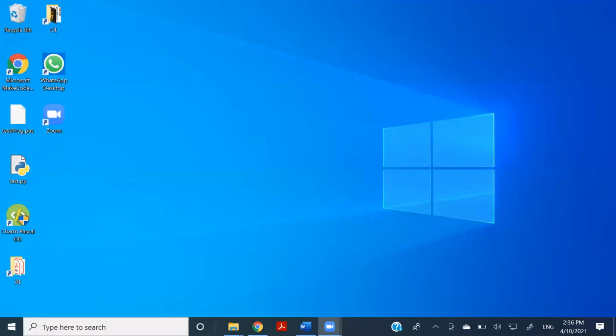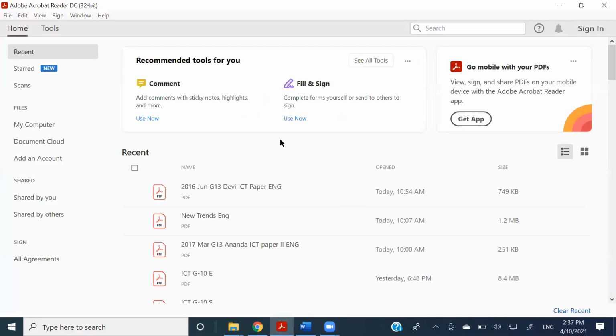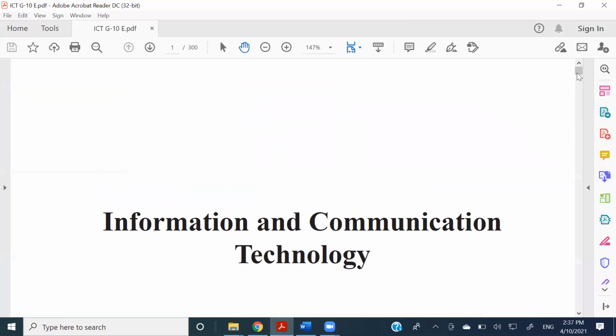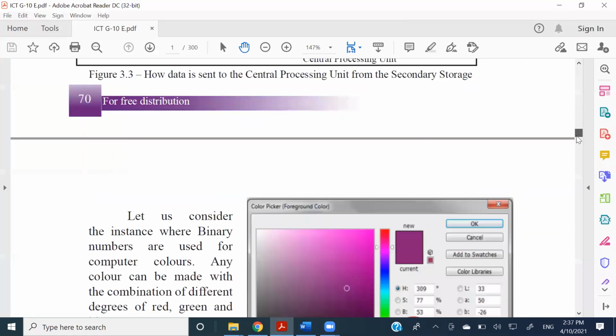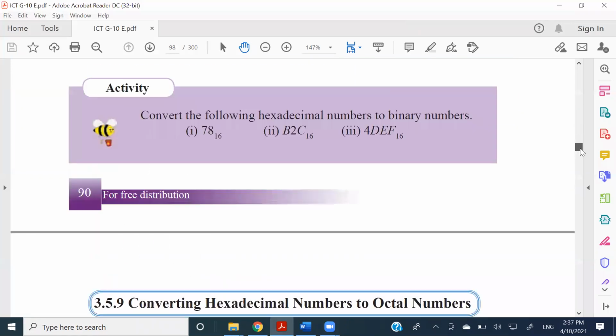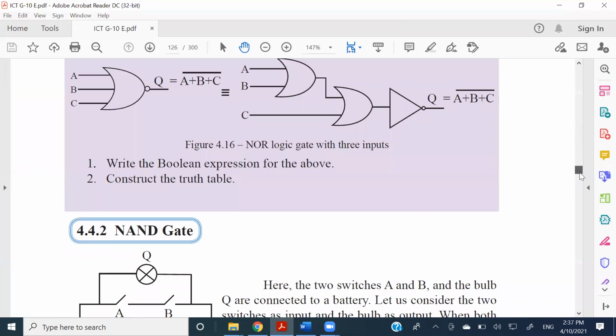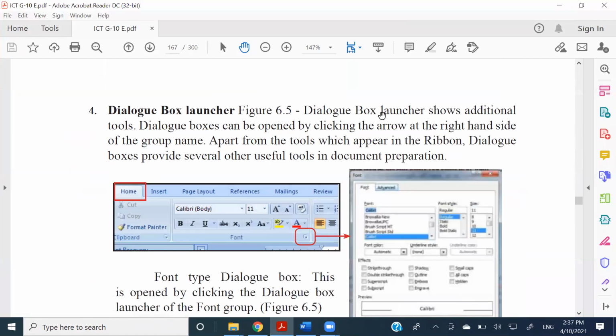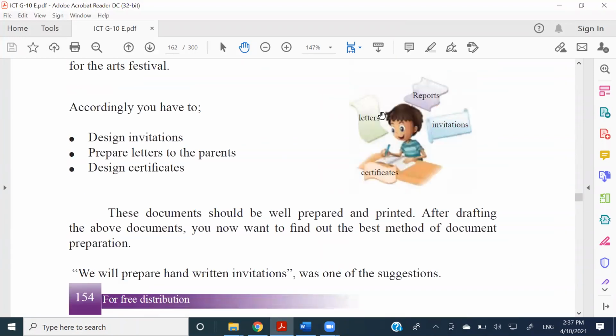Yeah, start recording. All right, so people, I'll take your textbook. And we are moving to the 6th lesson, which is the word processing software. Right. Now, in the word processing software, we